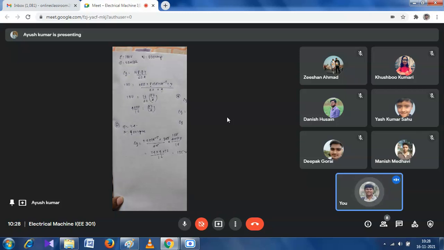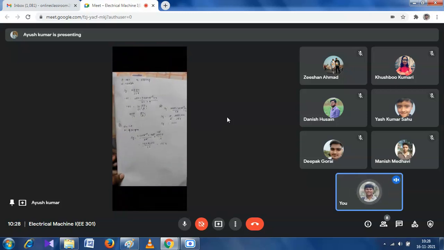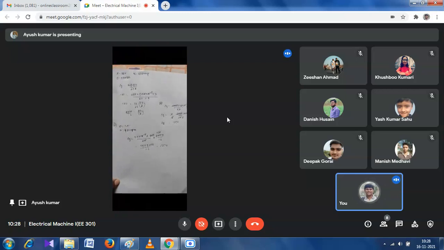So we can write from that equation E1 by E2 is equal to N1 by N2 into phi 1 by phi 2. You can write like that. First write the equation E1 by E2 is equal to N1 by N2 into phi 1 by phi 2. So in the first case